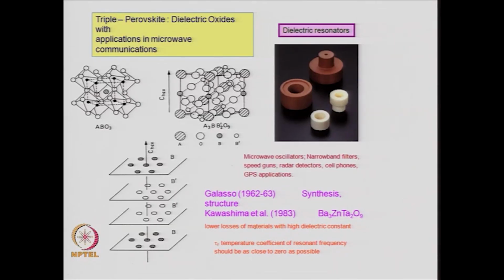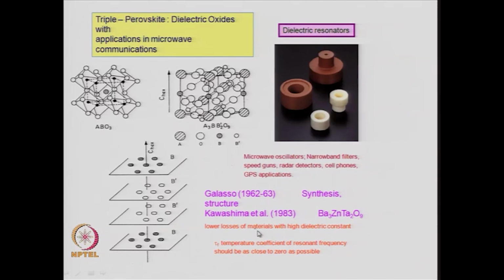which is particularly true for microwave ceramics, where we want to use them for dielectric resonators, and most of them are present in your mobile phones, where they have to catch the signal coming in the microwave range, and then they have to process it, etc. And these materials all show the temperature coefficient of resonant frequency nearly equal to 0. The value of the dielectric constant is around 25 to 30, but the